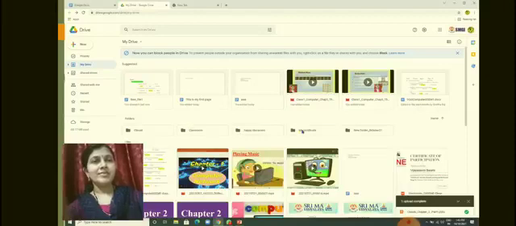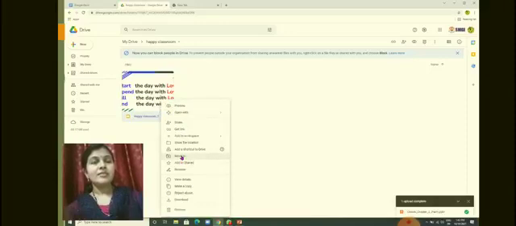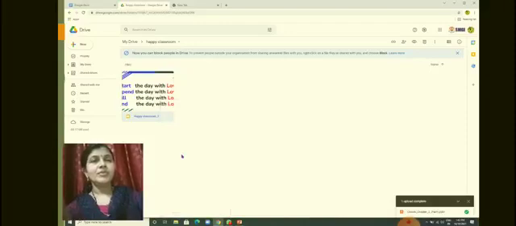Now, in my Happy Classroom, there is one file, Happy Classroom 2. I want to move this file to another folder. For that purpose, I will click on this option, move to, and then choose where I want to move it.